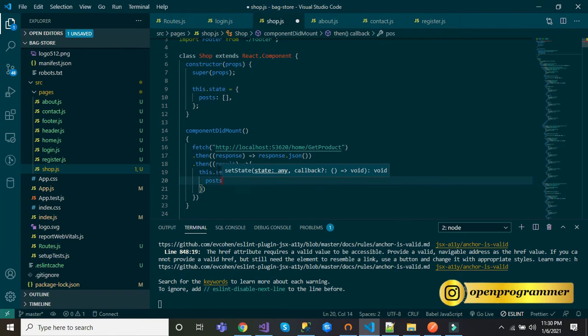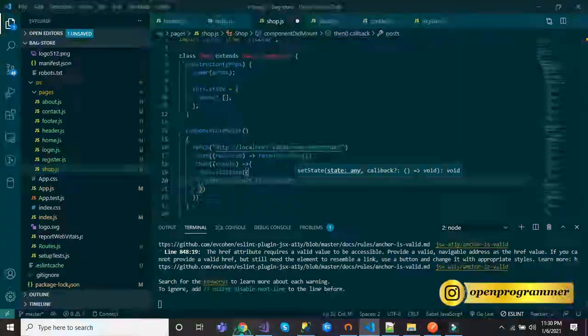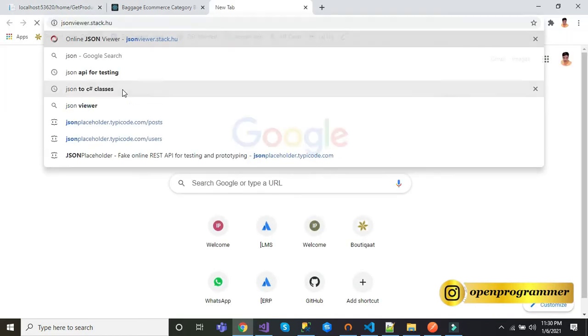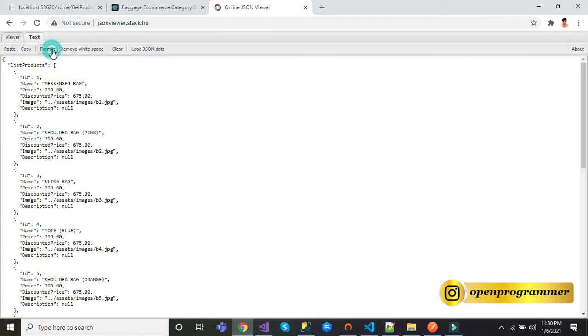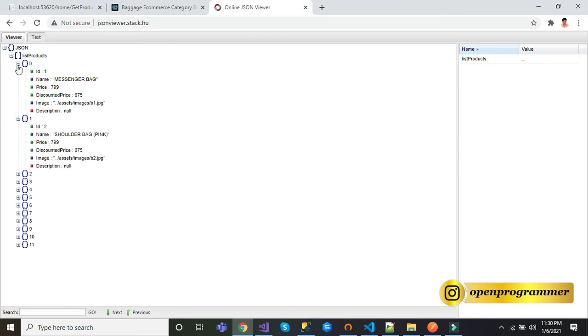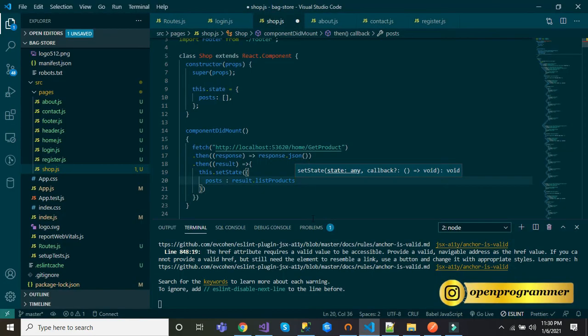So post is now result.listProducts. What is this listProducts? Let me show you. We are getting this in this array. Let me also make it clearer. You can see we have a wrapper, and inside this wrapper we have the list. All right, go back to Visual Studio Code.